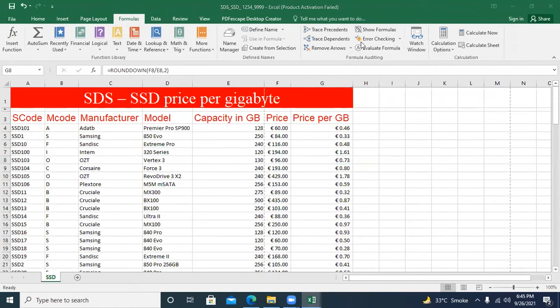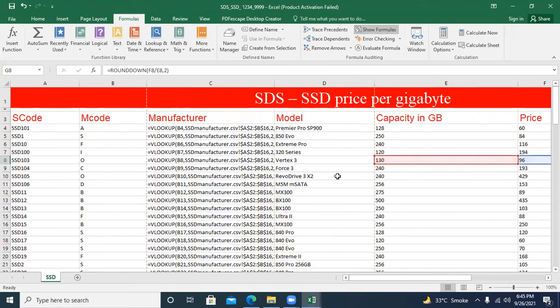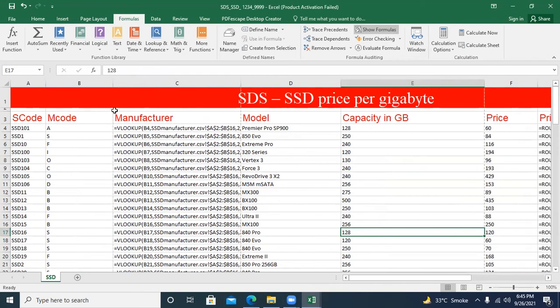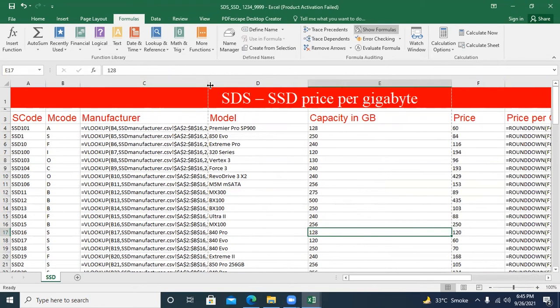There is an option, go and show formulas. Formulas on. So you need to order them step by step here, so make them visible. It is okay.